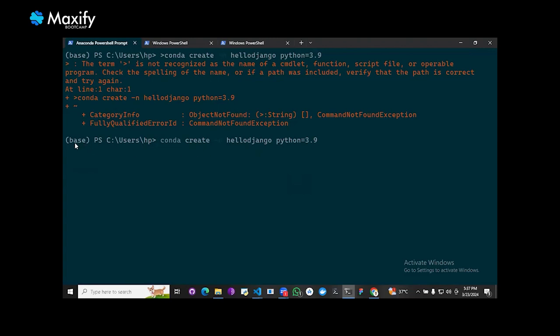So right now I'm inside the base environment. If you look at my terminal, you see this base in brackets. This is the default virtual environment that comes with Conda. So I want to create my own virtual environment now and then